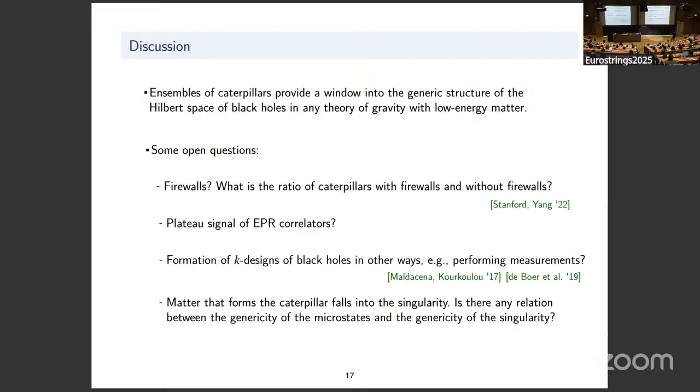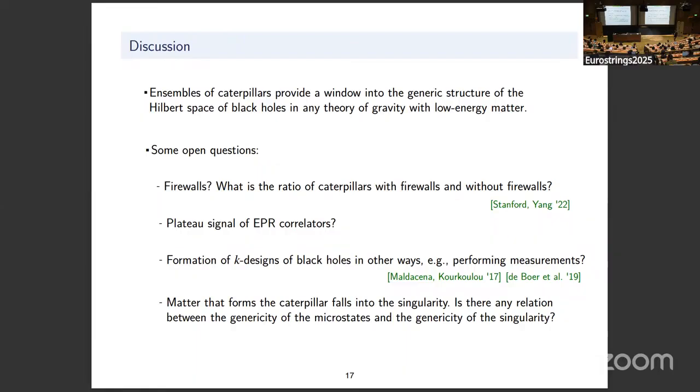So there are many open questions from our constructions. One of them is whether the caterpillar states contain firewalls or not, because there's been this discussion in the literature of whether typical states of black holes contain firewalls. Firewalls in this case would correspond to very highly boosted matter shocks, which are hugging the black hole